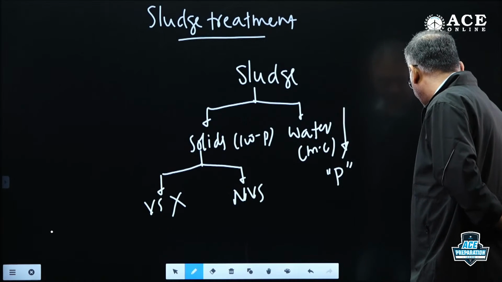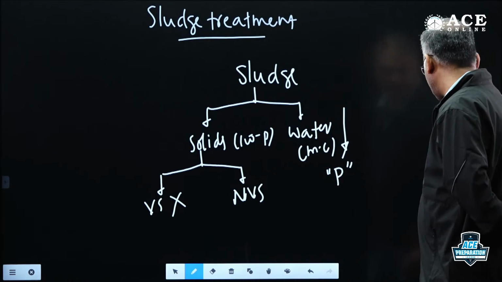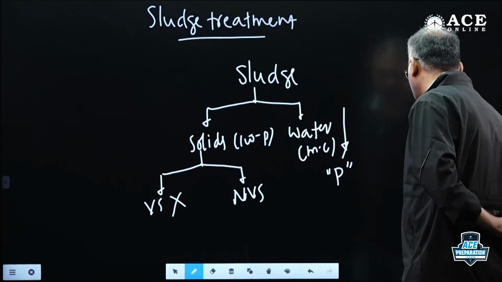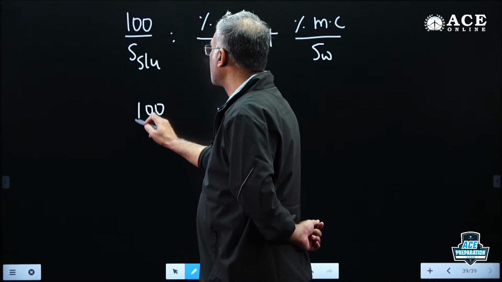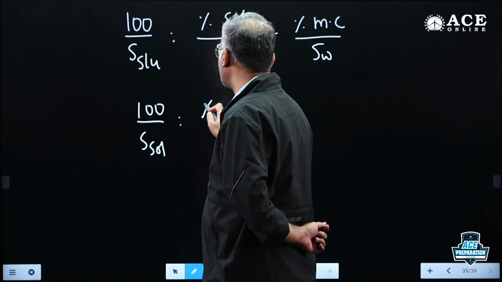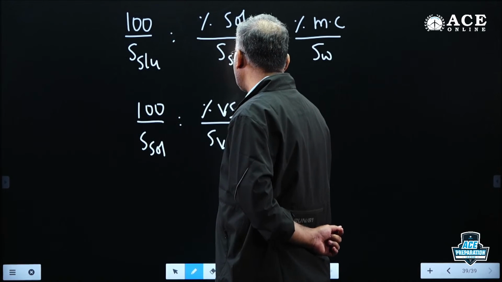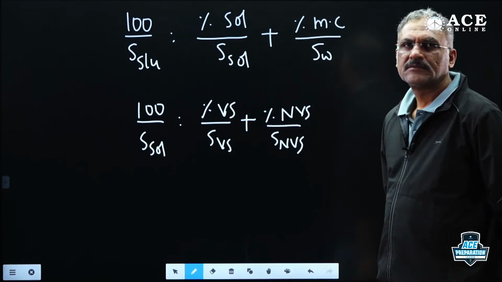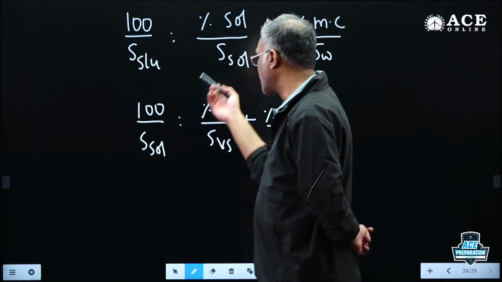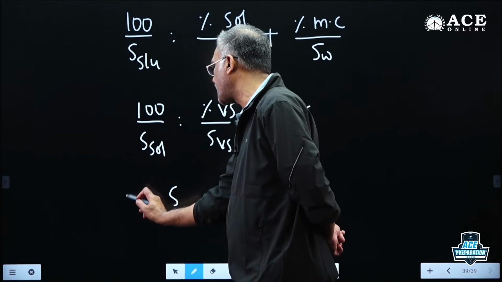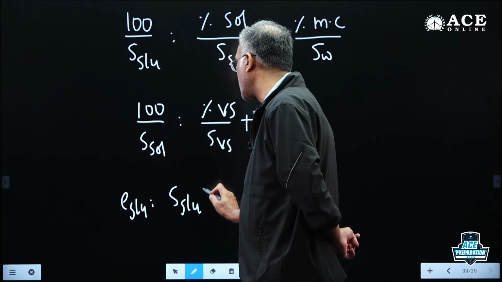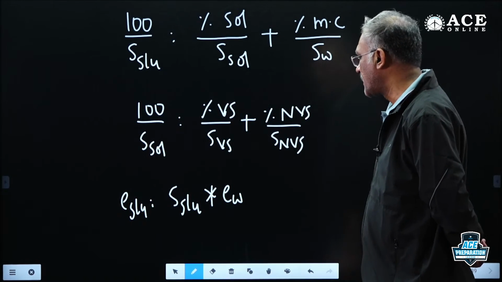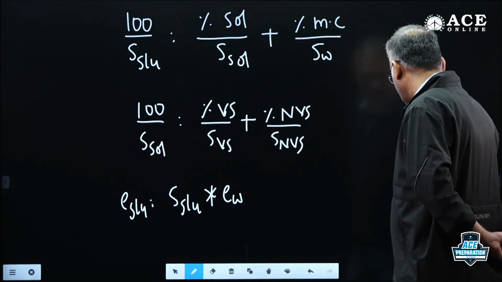Sometimes the specific gravity of solids is also not given. Solids are a mixture of two things, volatile and non-volatile. For any mixture, the specific gravity is worked out like this: 100 by specific gravity of solids is equal to percentage volatiles by specific gravity of volatiles plus percentage non-volatiles by specific gravity of non-volatiles. Questions may be asked from this. Then once you know the specific gravity of sludge, sometimes you are expected to find the density of sludge, which is equal to specific gravity of sludge into density of water. This is a very popular question in the GATE exam. For example,